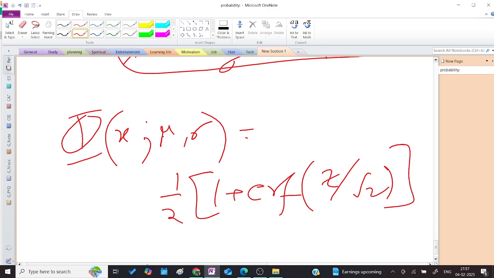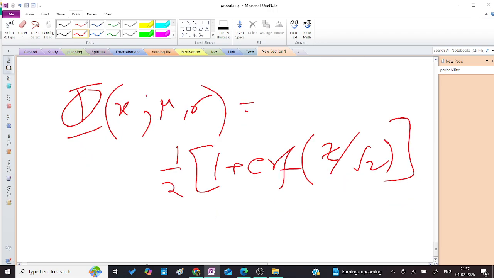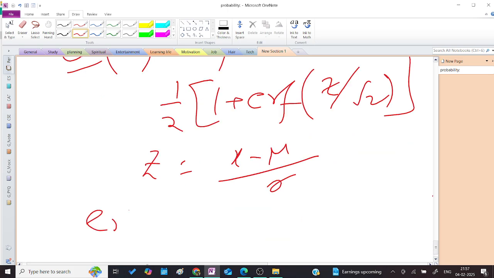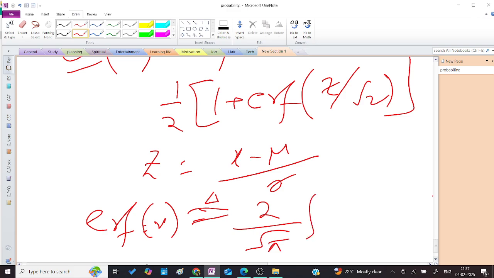Okay, where z is nothing but (x minus mu) by sigma. And what is the error function of x? The error function of x is given by 2 by under root of pi, integral from 0 to x of e to the power minus t square dt. Okay,